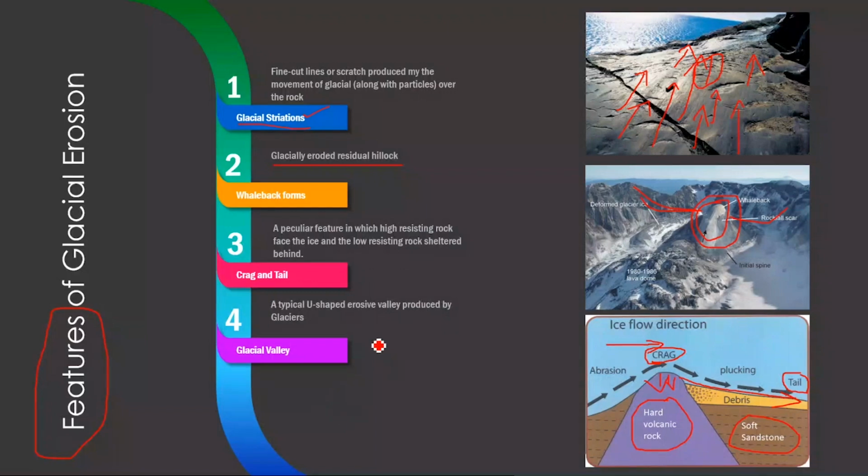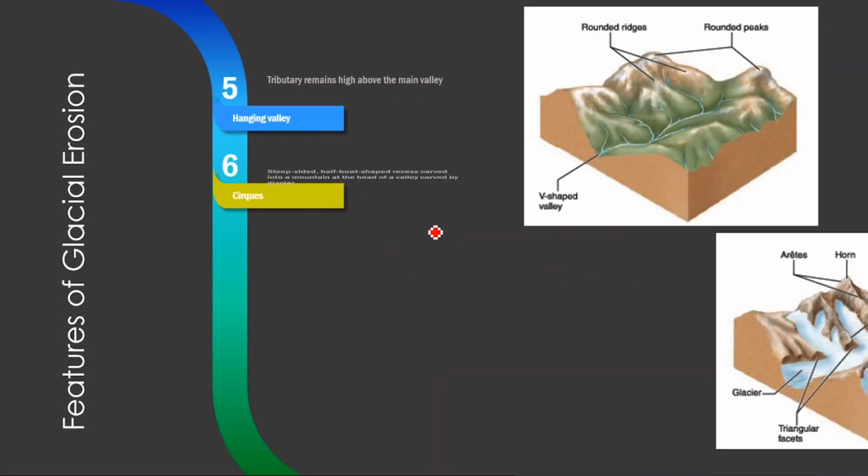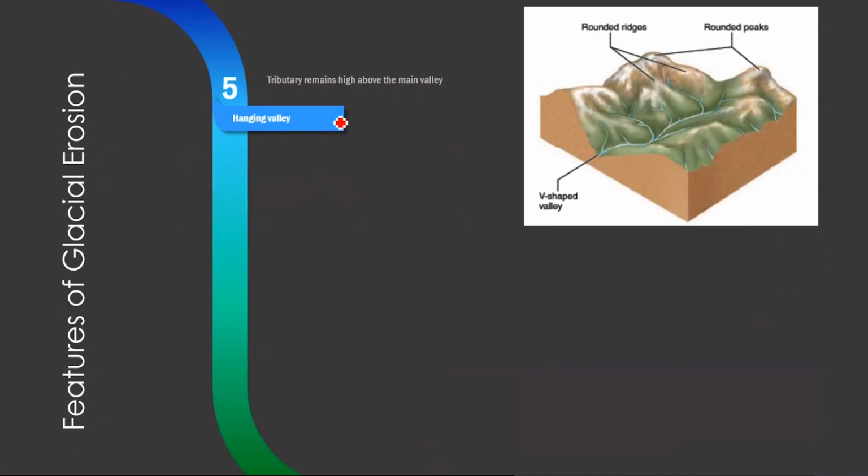Glacial valleys are basically called U-shaped valleys, because the valleys which are produced by a river, when filled with glaciers and the glacier is moving through them, will be converting from a V-shaped valley to a U-shaped valley. There is one type of glacial valley we call a hanging valley. So what is this hanging valley? For example, if you see